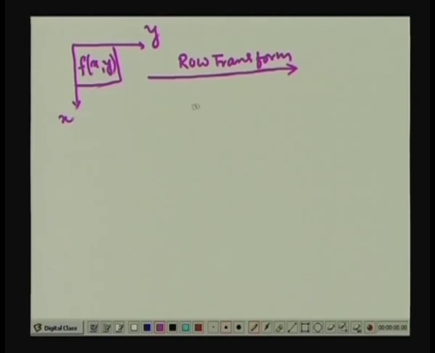After doing the row transformation, we multiply all these intermediate values by the factor capital N, and this gives us the intermediate Fourier transformation coefficients, which we represent as capital F x